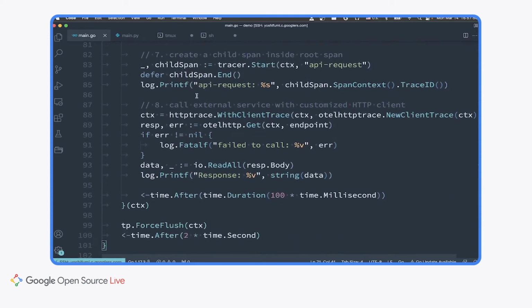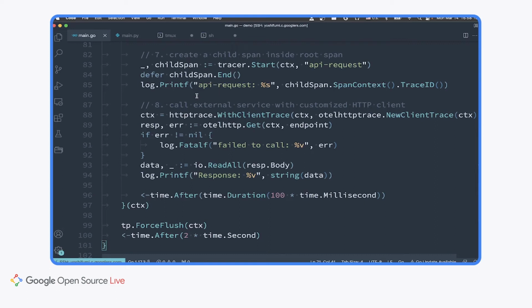Also, because this is the client application for the server, it calls an HTTP request. So I'm creating a child span to track the latency of the HTTP request. So this child span is named API request.